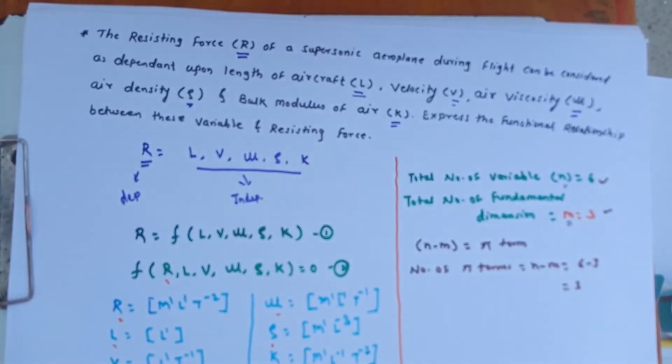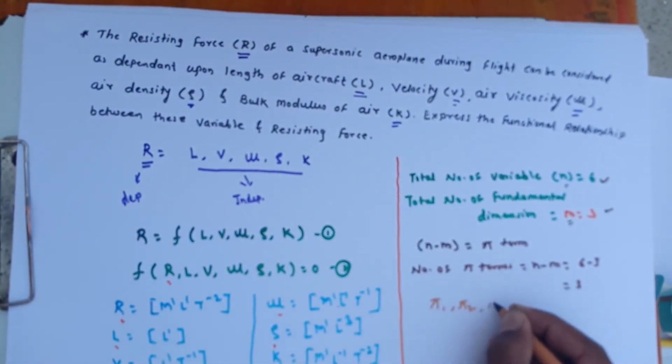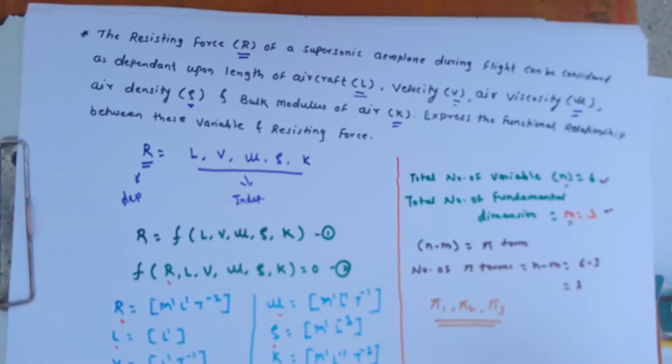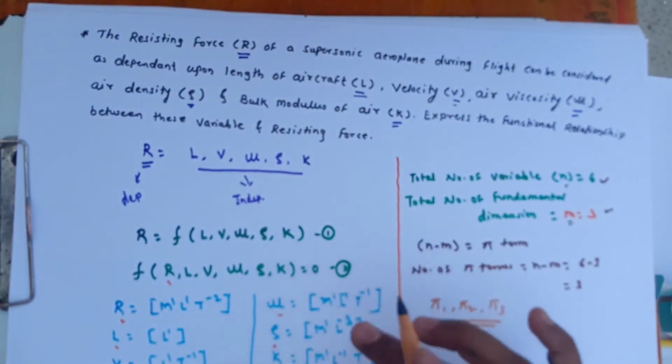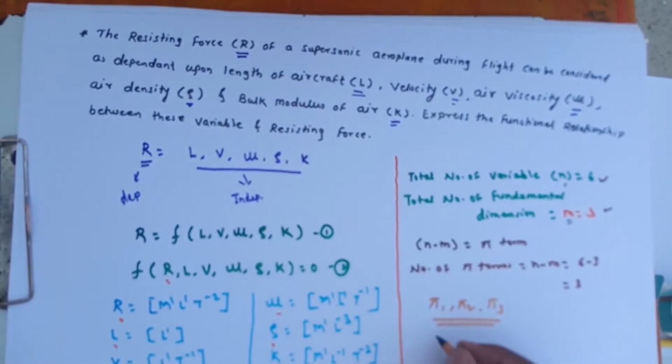dimensionless terms. Those will be called pi terms, and those are pi 1, pi 2 and pi 3. So this problem will consist of 3 pi terms, and all those variables will be expressed in the number of pi terms. That means equation 2 can be written as